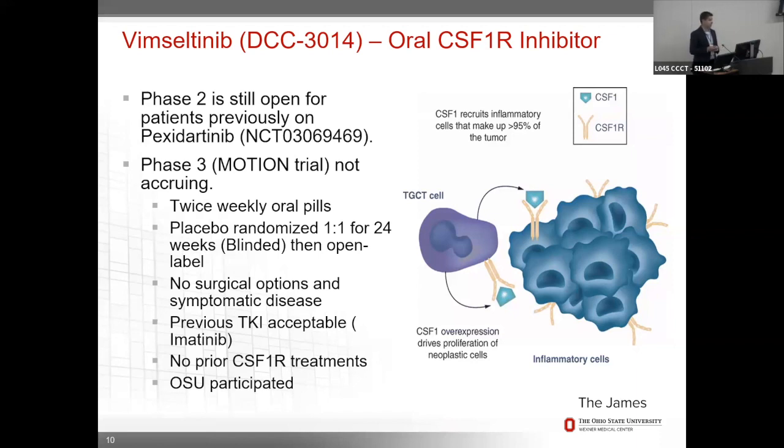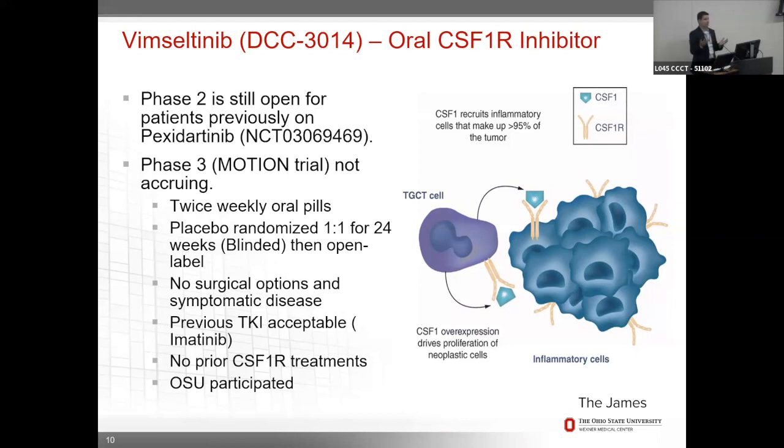Currently, it's not accepting new patients. And this study was testing basically twice weekly oral pills versus a placebo, randomized 1-to-1, for 21 weeks, and that was blinded, meaning that nobody really knew if they were actually getting the drug or getting the placebo. And it's standard for most of these trials that after 24 weeks,